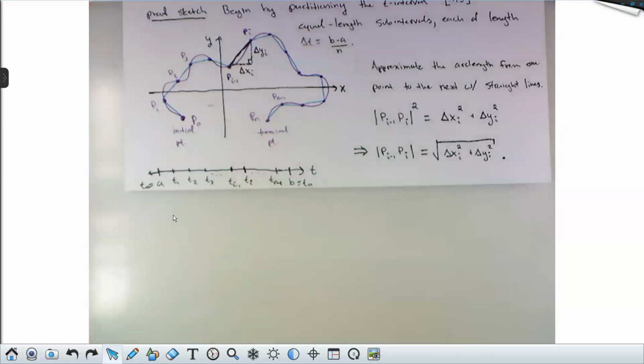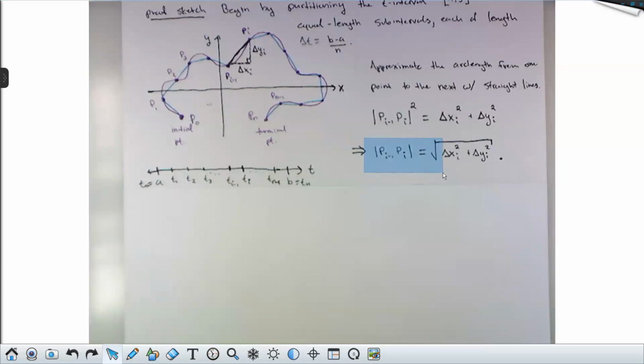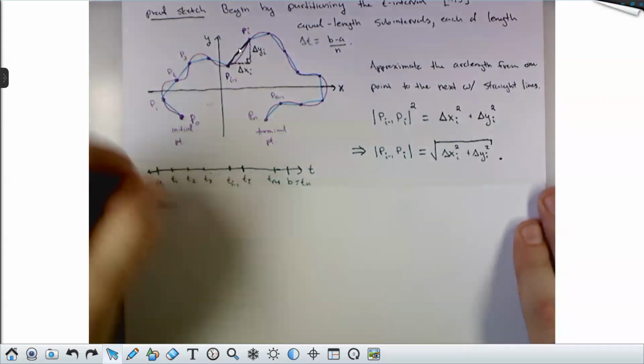The reason it's nice to have the generic p_{i-1} to p_i is because if you plug in i equals 1 here, you get the distance from p0 to p1. If you plug in i equals 2, you get the distance from p1 to p2. If you plug in i equals 3, you get the distance from p2 to p3, and so on. Which means that the total distance